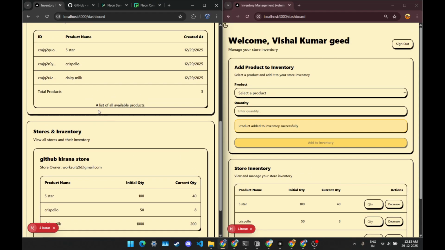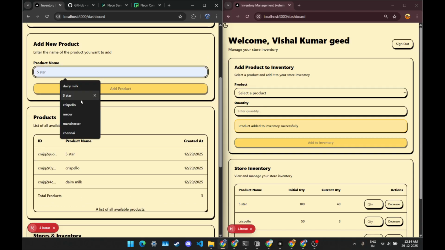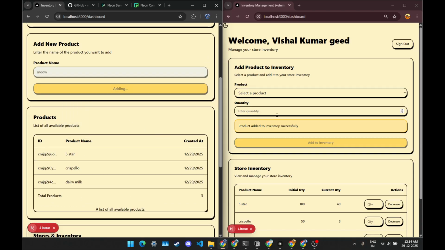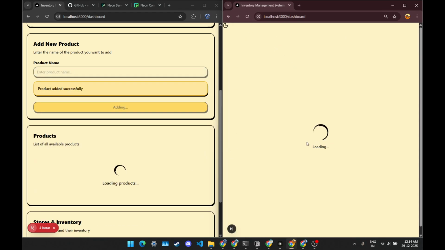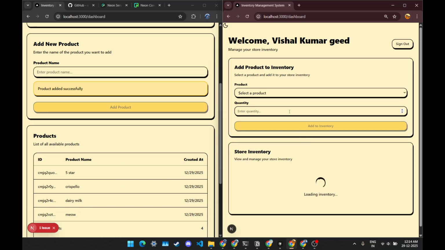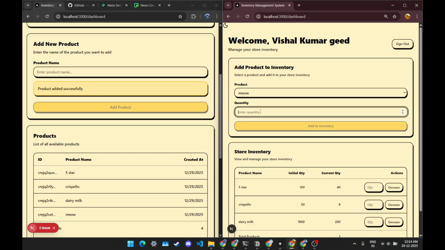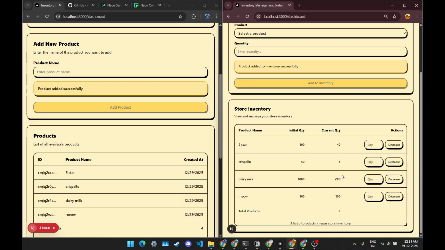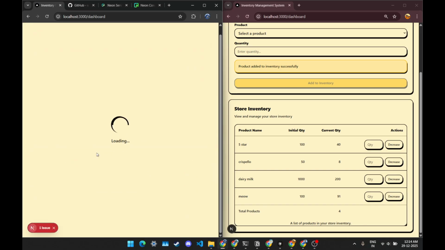Let's say I'm adding one more product. Let's say Meow. Add a product. Now the seller would see another product named Meow. Wait for some seconds. Meow, and its quantity, let's say 100. Add to inventory. And after that, if I say that only 9 quantity of that has been sold after a 20 days lifespan, when we hit refresh on the manufacturing side, it will show